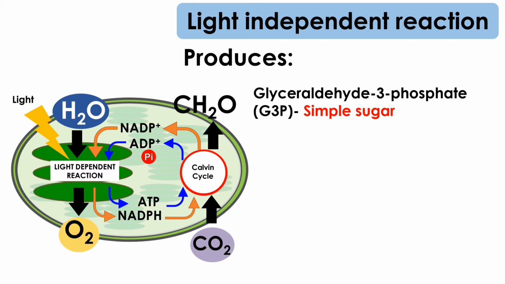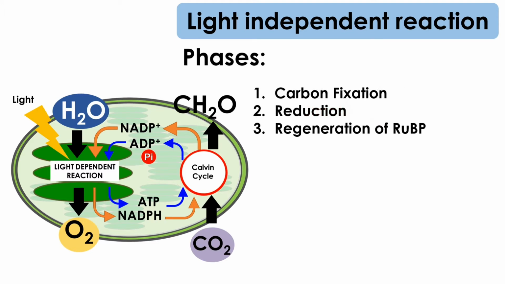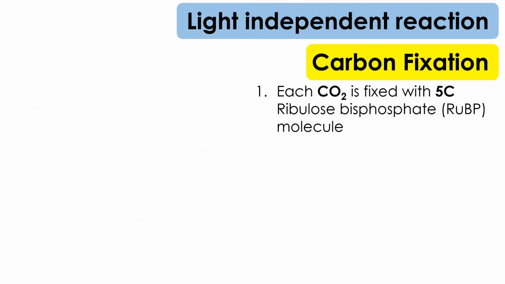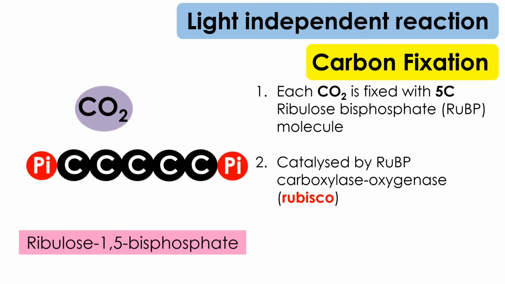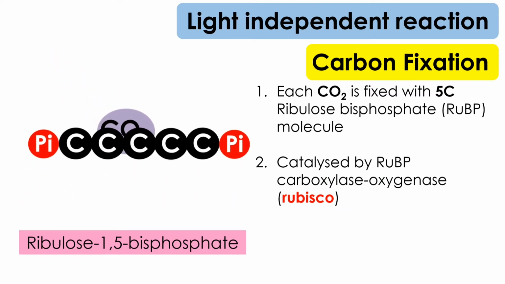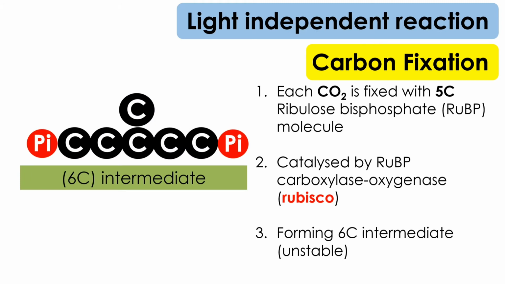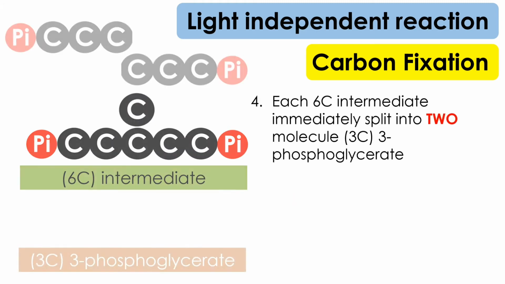Now we will discuss the phases of the Calvin cycle, which include carbon fixation, reduction, and regeneration of RuBP. During carbon fixation, each carbon dioxide is fixed with a 5-carbon molecule called ribulose bisphosphate, or RuBP. This reaction is catalyzed by an enzyme called Rubisco and produces a 6-carbon intermediate which will split into 2 molecules